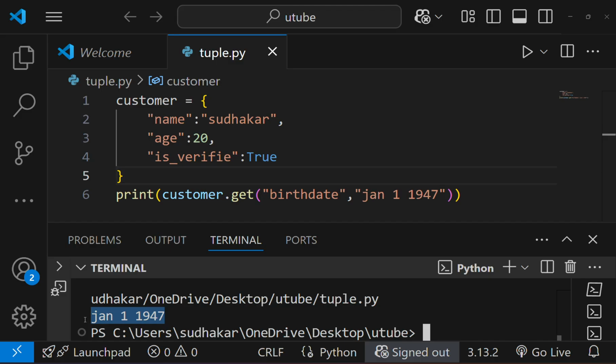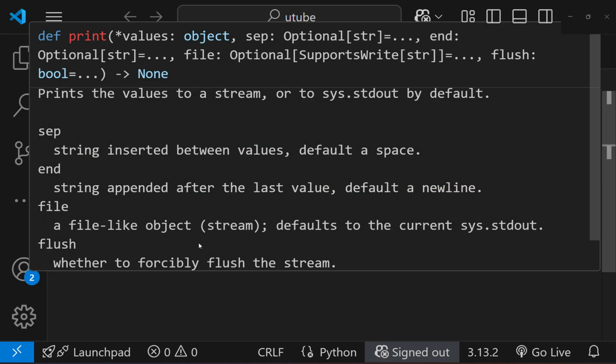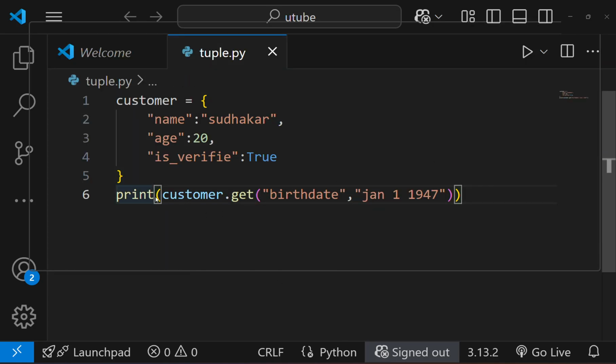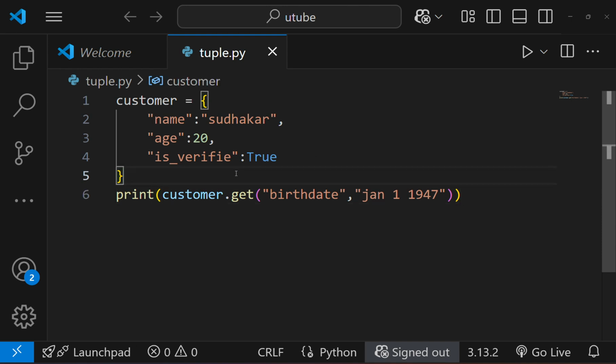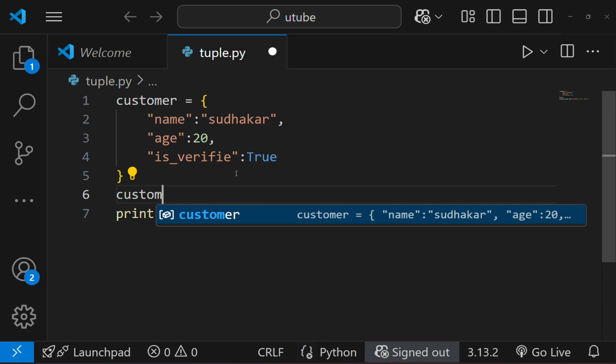So this is how you can access values associated with a key in dictionaries. We can also update these values. For example, before printing this line, let's say I click enter from here. Just wait, guys. Okay, before printing this one, we can write the code like this: